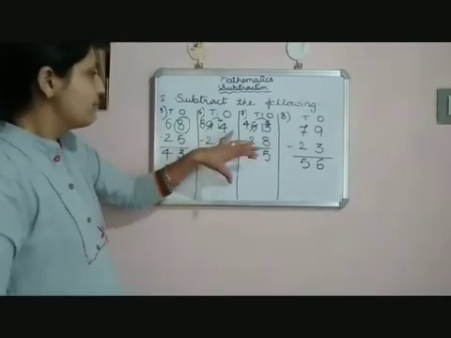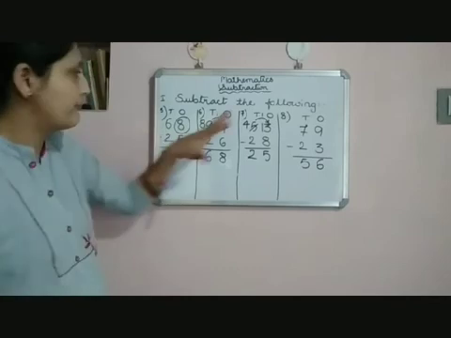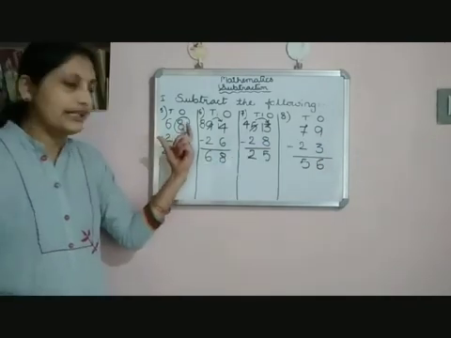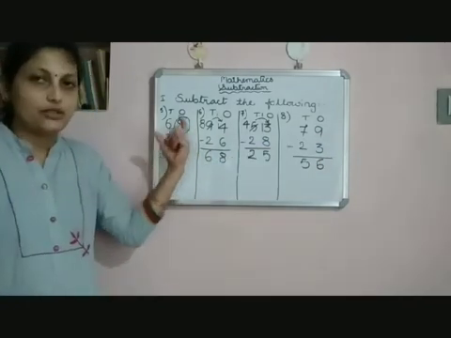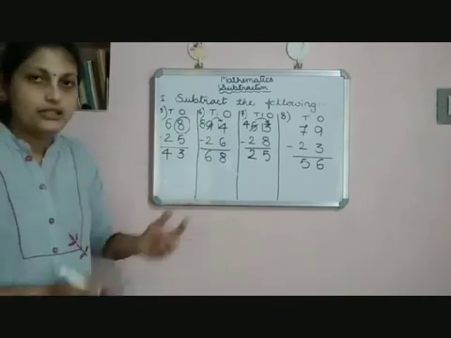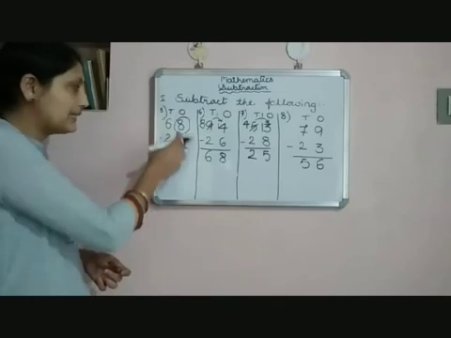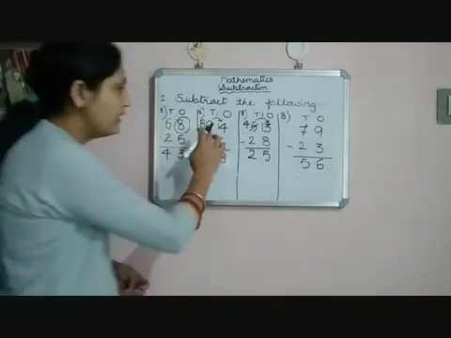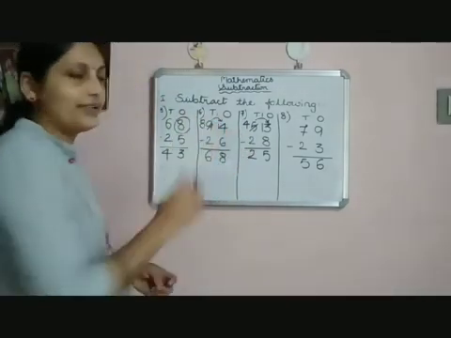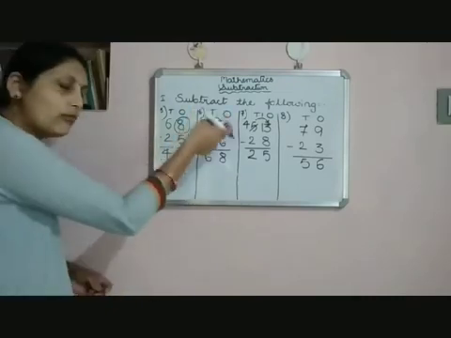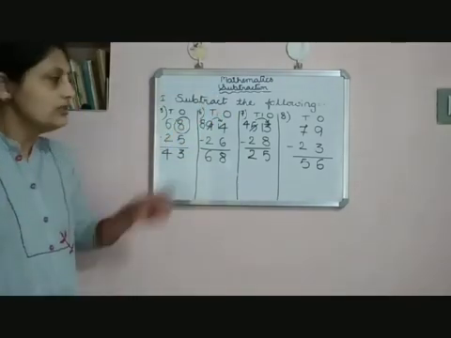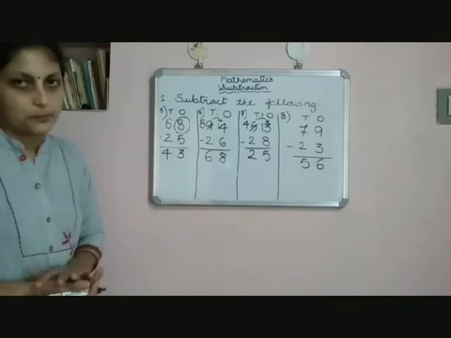Because see here are both the sums. So 5th one and 8th one. See, you have a greater number in the first column, means in the ones column of the first number. It is greater than the second number. So you are directly subtracting. Clear? But here you have a smaller digit than the second number. So you are taking borrow from the tens column. So this is how you have to subtract.